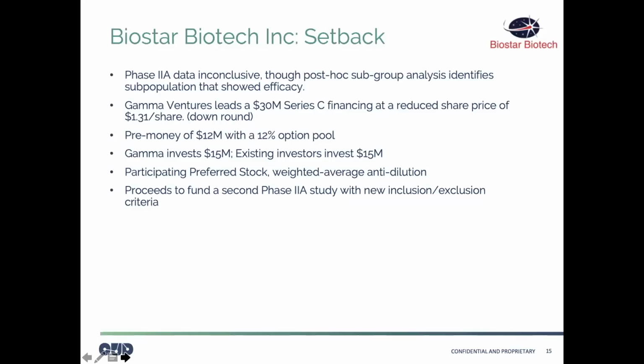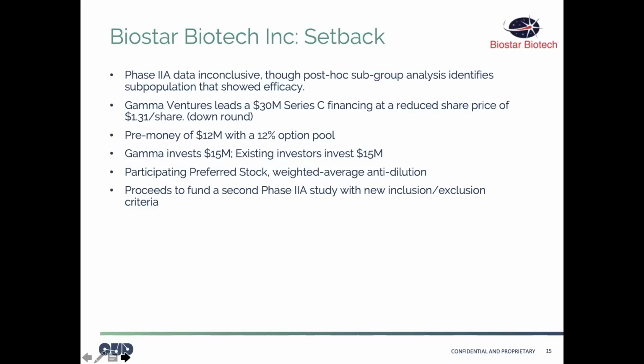The company puts together a second trial design focusing on this subpopulation and pitches it to VCs and Gamma Ventures, saying, we really believe this signal. They are willing to fund a $30 million Series C financing, but since you've spent all this money, they're going to drop the share price to $1.31. Remember, the share price in the Series B was $6 a share, so this is a pretty dramatic down